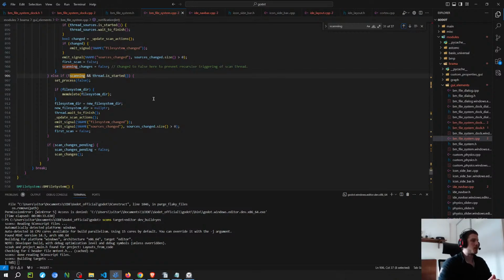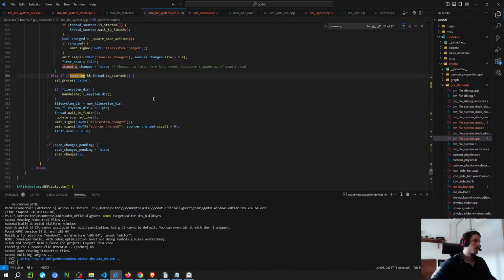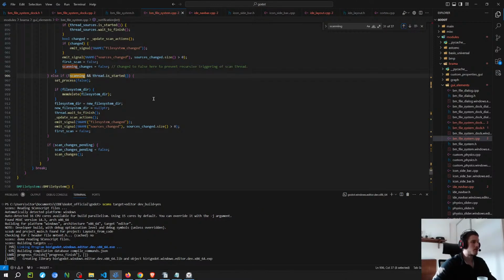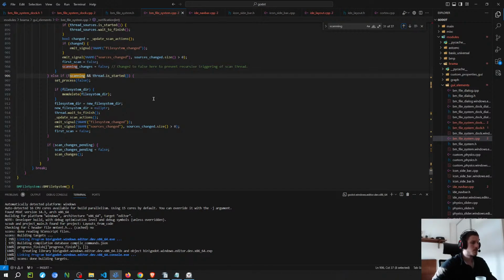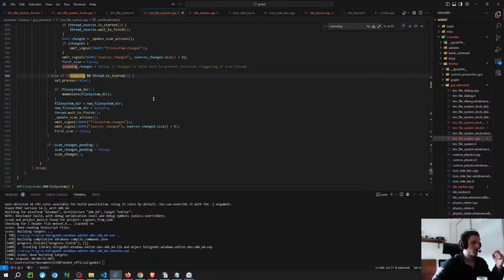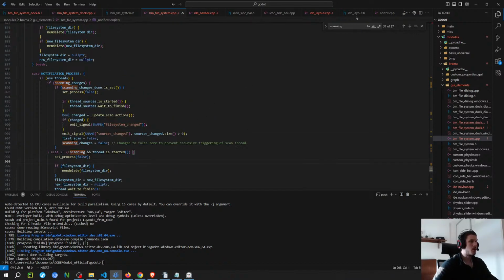So this could be one of the reasons why they are using the set process false as well. Because when the scanning is false, it's gonna be true there. So it means it's gonna run that thing. That's kind of weird. So if scanning is true, it's not gonna run the other function. Then it doesn't run this one. When the scanning is false, it runs this. But if it's gonna run this one when the scanning is false, then what happens